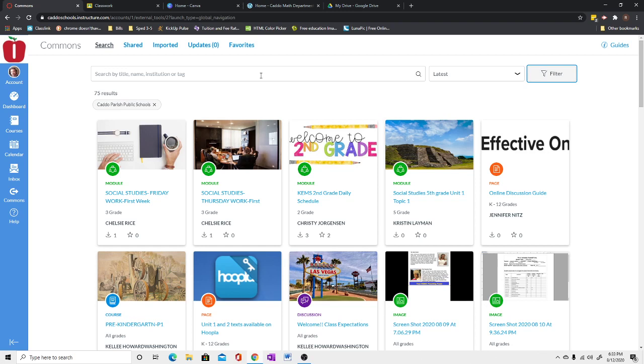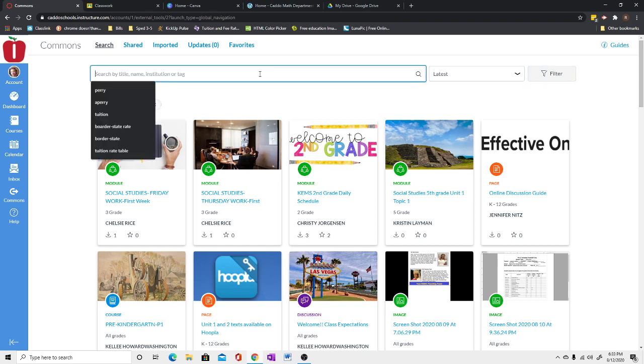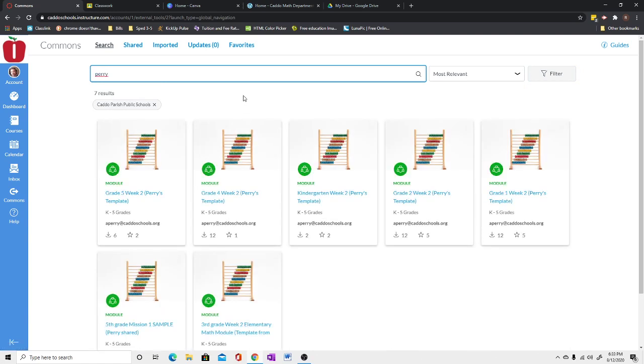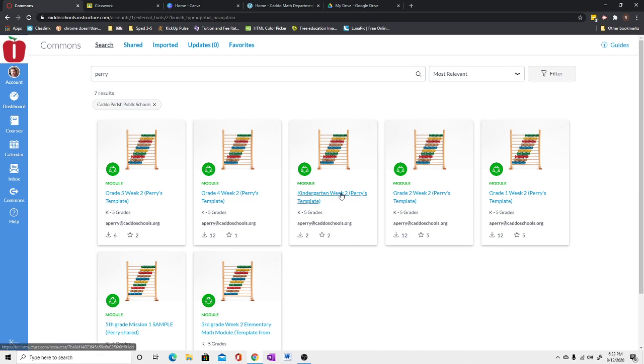And of course, you can narrow your search down by clicking up here in the search box and typing a name. So if you type Perry, then you're going to see all of the modules that Ms. Perry has put out here in Commons for you to look at for creating your math modules. Okay. If I just click on one, say second grade,